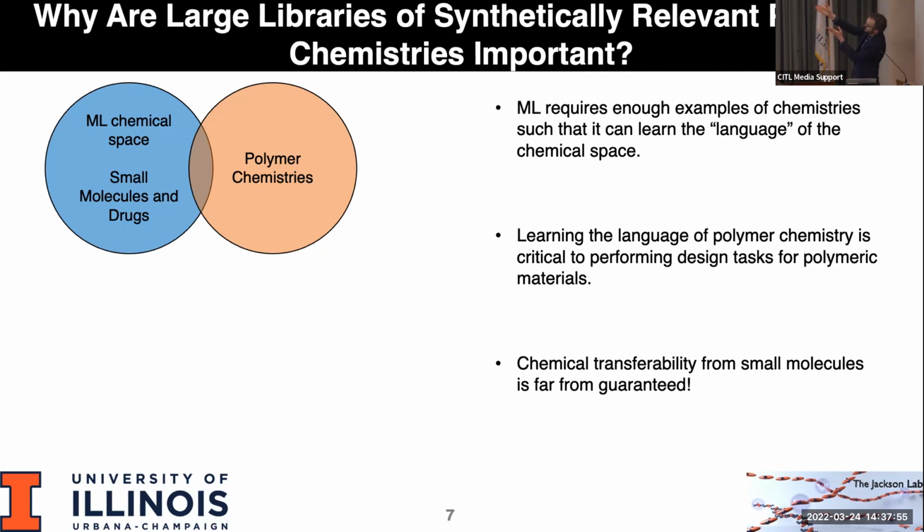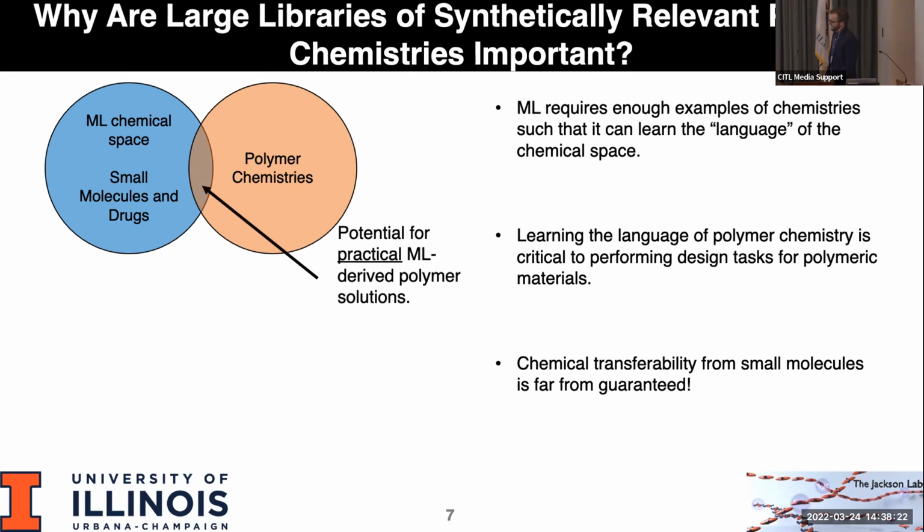If you think about it, you have your existing ML chemical space filled with data sets like GDB, small molecule drug-like data sets, great data sets. We've learned a lot from them. And you think about what synthetic polymer chemistries look like, things like polyethylene, polypropylene. You probably want to make them degradable in the future, so you're going to start putting some C-O bonds in there, et cetera. The question is, what does the overlap between these two